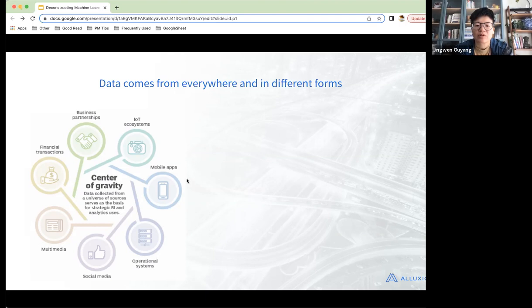And for our mobile apps, there's a lot of data being collected. I used to work at Meta, so clicks, where you visited, and your likes are all collected too. So the data is everywhere, and it comes from a universe of sources. It can also be collected in many different ways: the sensors and the social media are collected, some through just your phone, some through very specific machines. So the ways they're collected are very different.